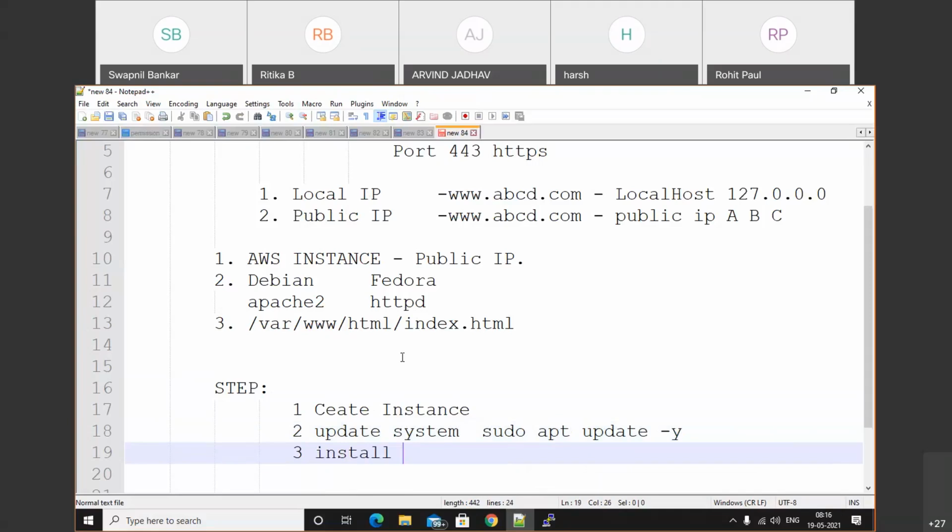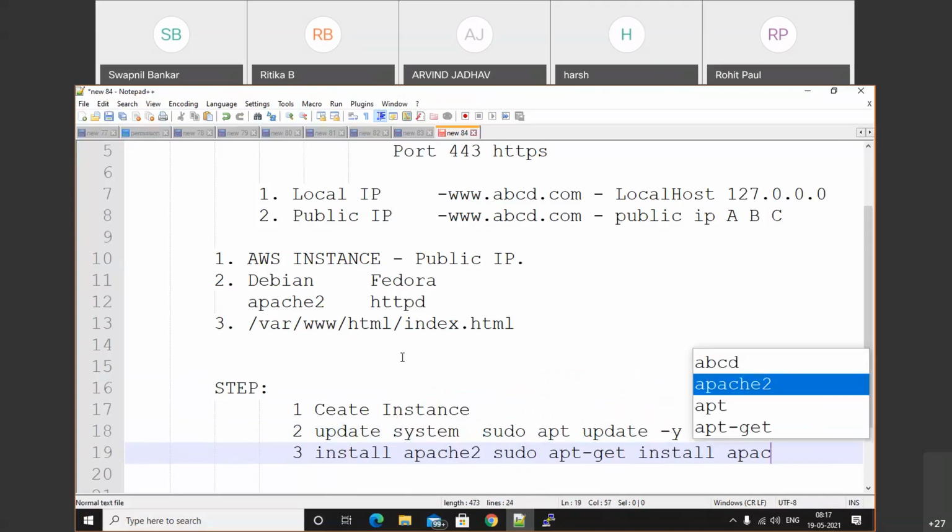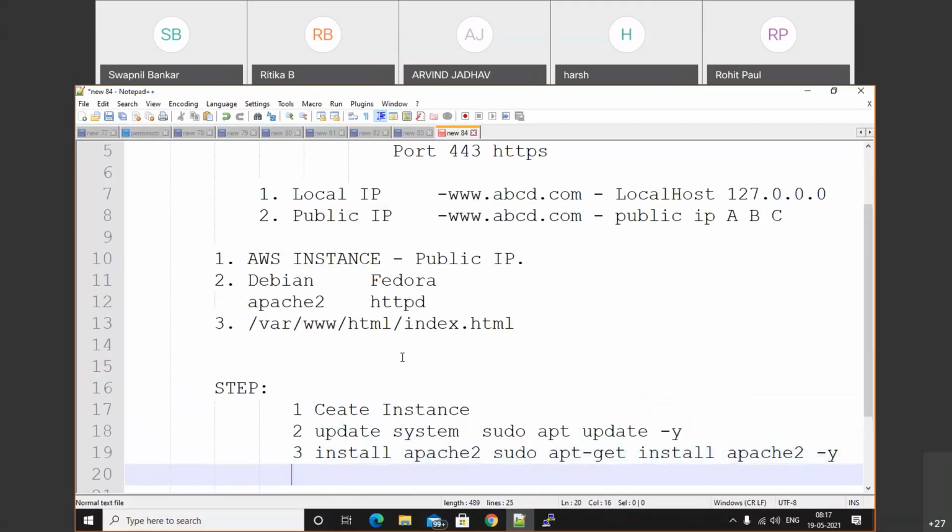After that, install Apache by using the command sudo apt-get install apache2 -y. So by using this command, we can install the website packages.